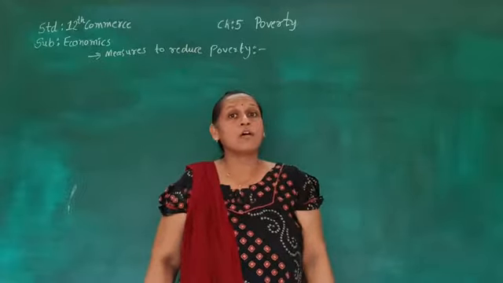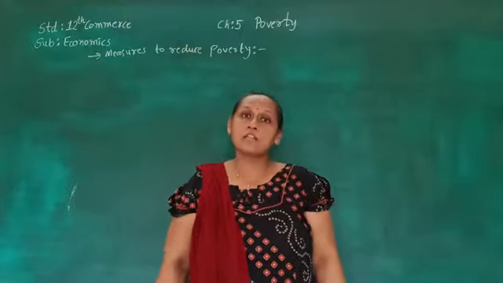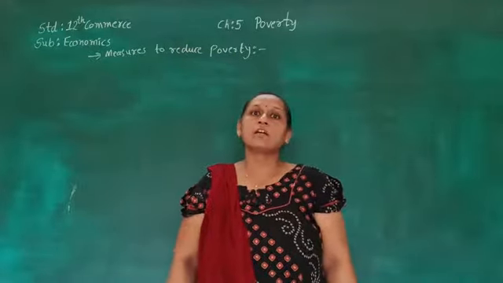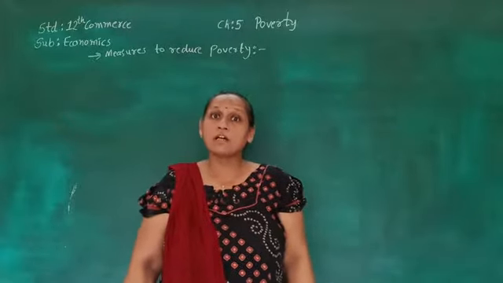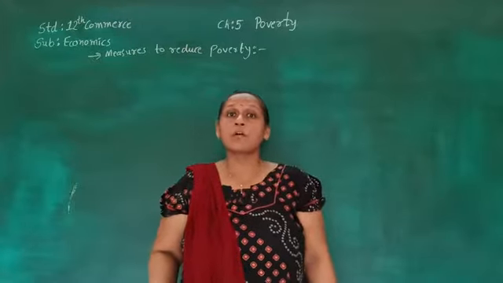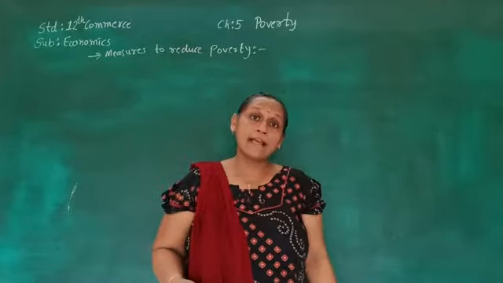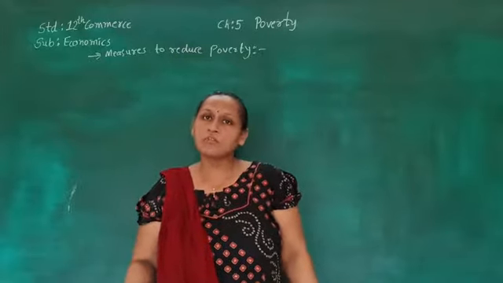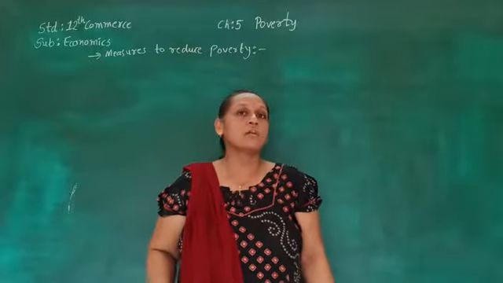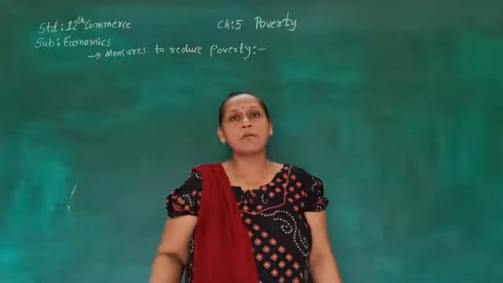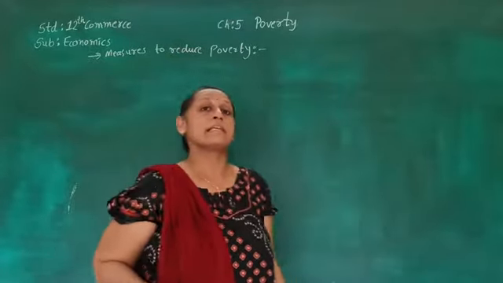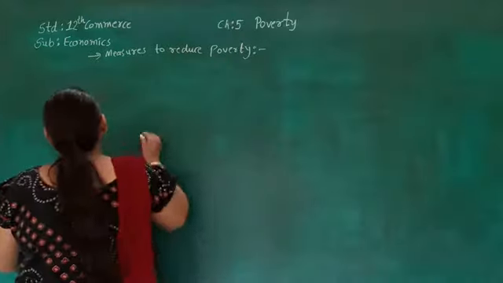And again on June 15 another scheme was started called Prime Minister Awas Yojana, under which urban people were provided with houses, and this scheme provided houses to the poor people as well as employment during the construction of these houses. So this scheme also had multiple objectives, that was giving employment as well as providing the house. So our next measure to reduce poverty is a housing scheme.